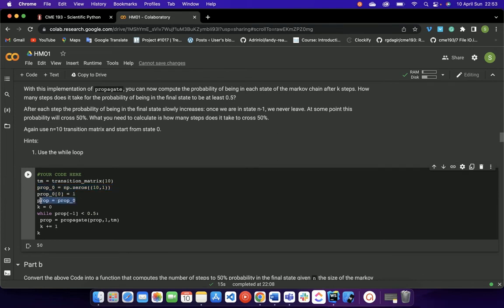Then we define a variable for our previous state and assign the start state to it. And lastly, we initialize the number of steps to 0. Since we want the probability to be at least 0.5, using a while loop, we took a variable i and increased its value, and the loop stops when the probability of the last state, which is indicated by -1, is